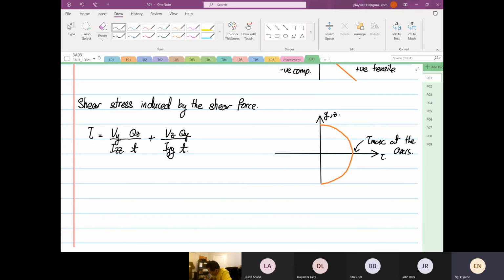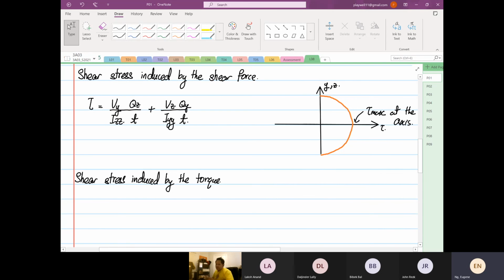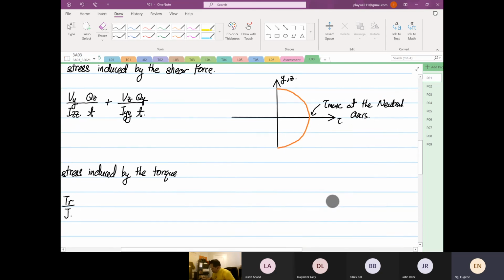So you have shear stress induced by the torque. If it's a shaft, you have a torque, or even a rectangular cross section can have a torque. So the shear stress due to the torque is equal to TR over J. Now we're going to draw this. So if we look at TR over J,